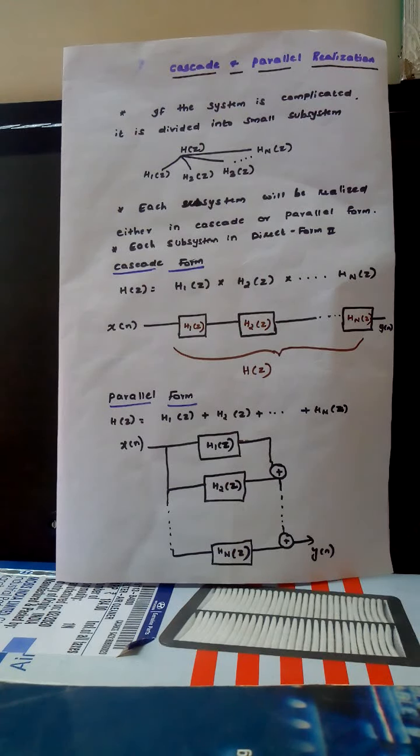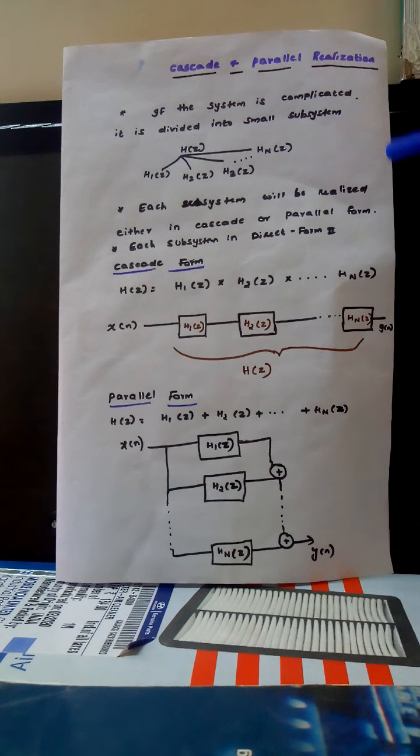In the last video, we have seen how to draw the direct form 1 and direct form 2. So now we'll see the cascade and parallel realization. This is a new type of realization in the IIR filter. The reason why we go for cascade and parallel realization is that if the system is complicated or